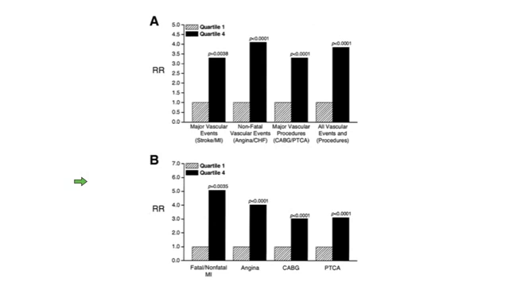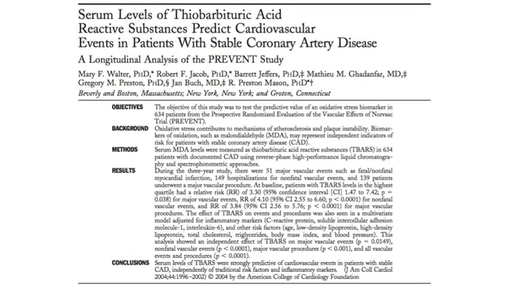And what they found is when they compared the people with the lowest T-bars versus those with the highest T-bars, the reduction in cardiovascular events was profound. There was a 5-fold reduction in heart attack going from the highest T-bar level to the lowest T-bar level. And every type of cardiovascular event you can think of was significantly reduced in those patients that had the lowest T-bars. So would lowering T-bars be a good thing? Yes, it would seem that would be the case. And this article from way back in 2004 in the American College of Cardiology actually proved that.